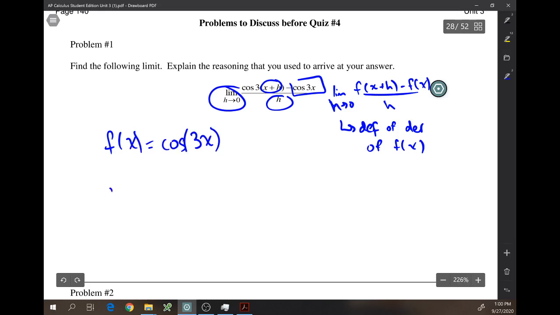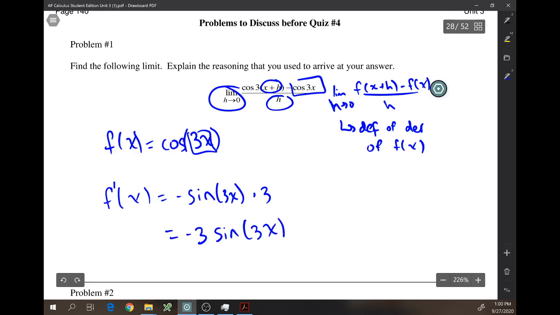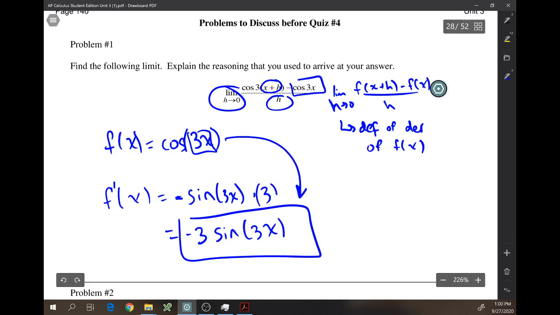Well, this is chain rule. The derivative of cosine is negative sine, and then of 3x, of that box, times the derivative of 3x, which is 3. So we're going to end up with negative 3 sine of 3x. And as you get better at these, you may even just be able to jump straight to that step. I'm okay with you just jumping straight to that step if you can think of that, visualize it